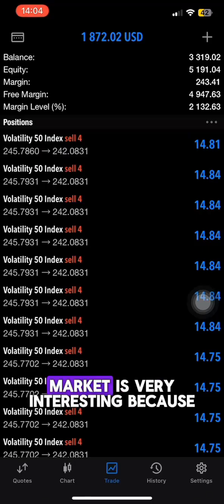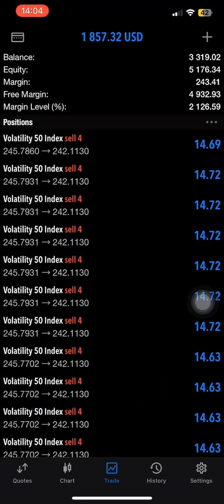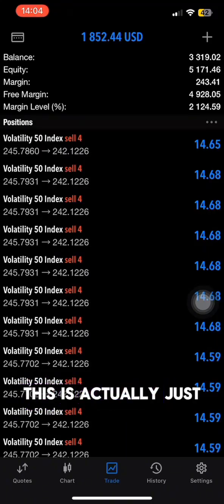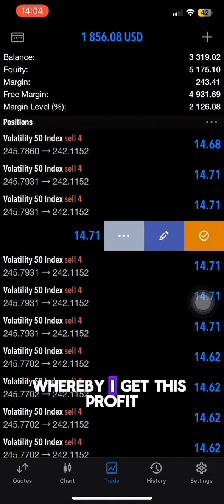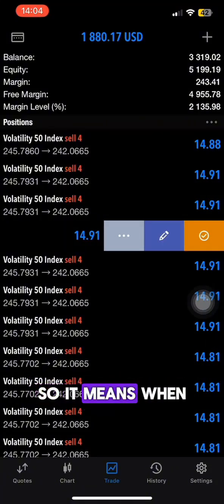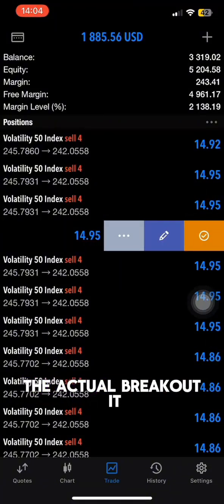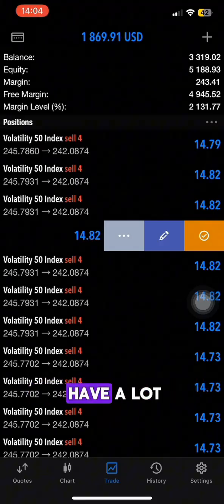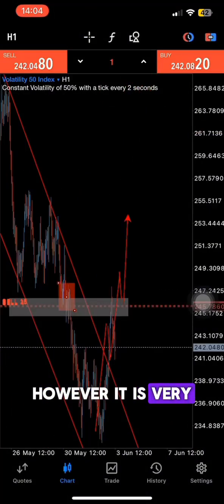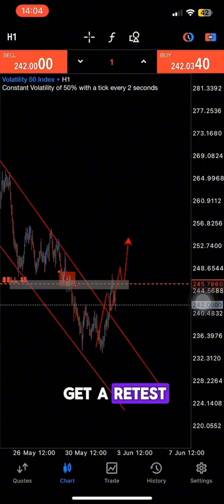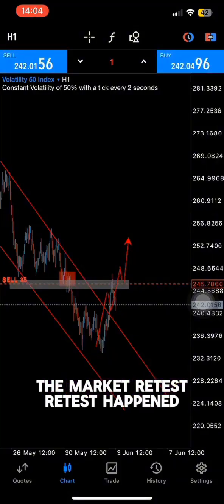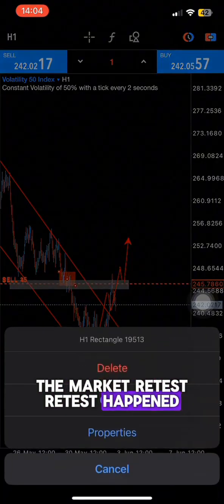So this kind of market is very interesting because this is actually just a retest whereby I get this profit. So it means when I'm actually going to trade the actual breakout, I'm going to have a lot. However, it is very difficult for you to catch a retest. As you can see, the market retest happened, and then